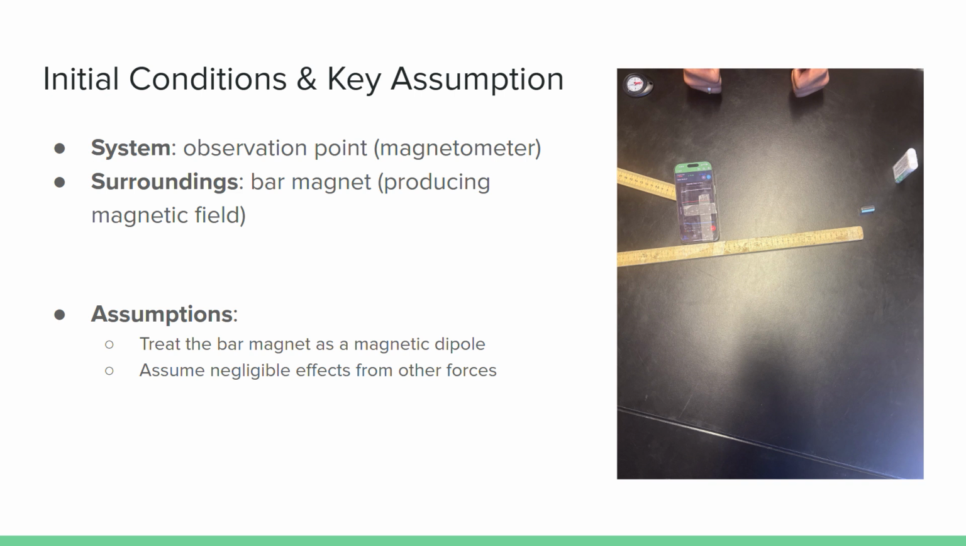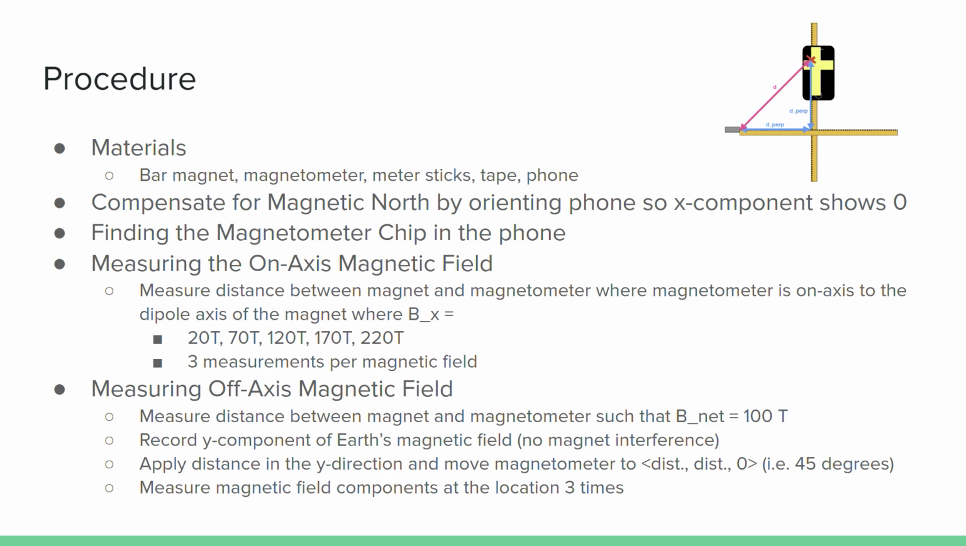The initial conditions and key assumptions of our system are that our system is the observation point, i.e. where the magnetometer is placed, and the surroundings is the bar magnet which produces the magnetic field. We treat the bar magnet as a magnetic dipole, and we assume negligible effects from other forces and other effects. The overall procedure for this experiment involved getting our materials, which included a bar magnet, a magnetometer,